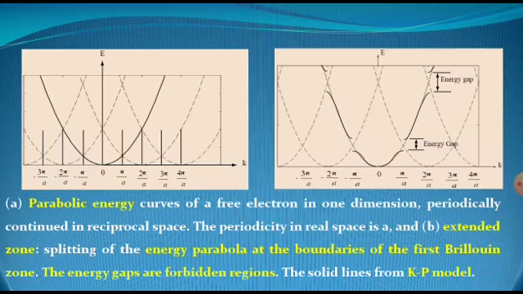These lines are from the KP model, where the different wave vectors such as minus 3 pi by a, minus 2 pi by a have been utilized, and the differences between the KP model solid lines are your energy gaps, not only on the positive side, but also from the negative positions of the wave vector.